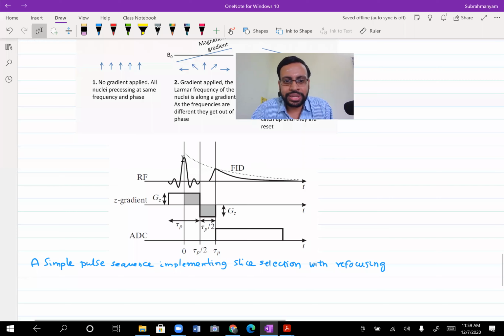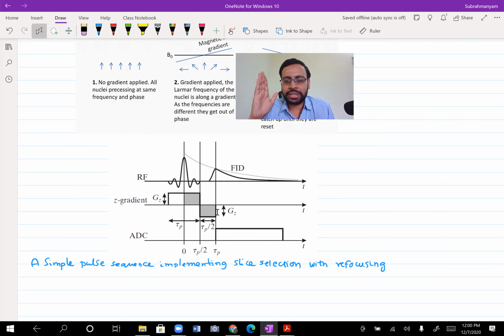In addition, this is the gradient you would apply in the z direction to select a slice, for a given RF pulse. Before you take any measurements, the maximum would be there the moment it tips. Then you withdraw the RF pulse, and it again keeps on building. That point would come after your refocusing gradient is there. That's all as far as the slice selection is concerned. I hope this is clear to you.